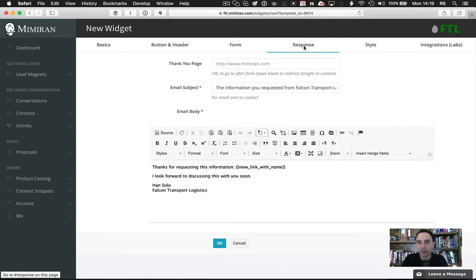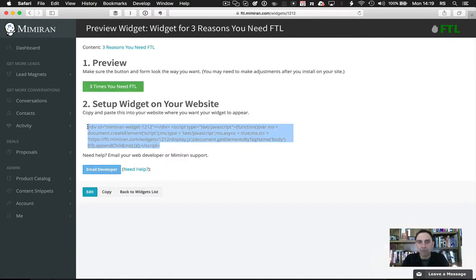And then we can customize the response. We can take people to a thank you page or straight to the content. From a visitor's perspective, it's often nice to go straight to the content, though from our perspective, sometimes we want to make sure we get a good email. But for right now, we'll just leave it as is. Click OK. And all I need to do is take this embed code and stick it in my website where